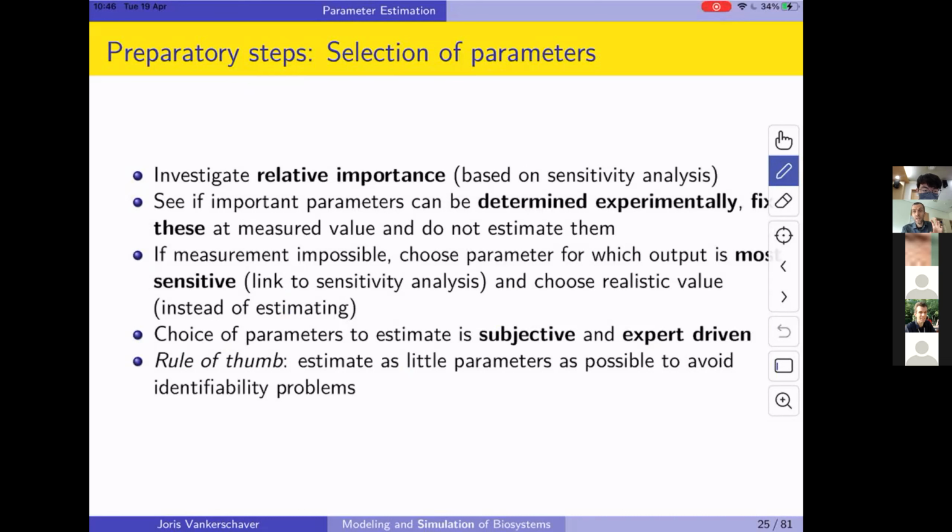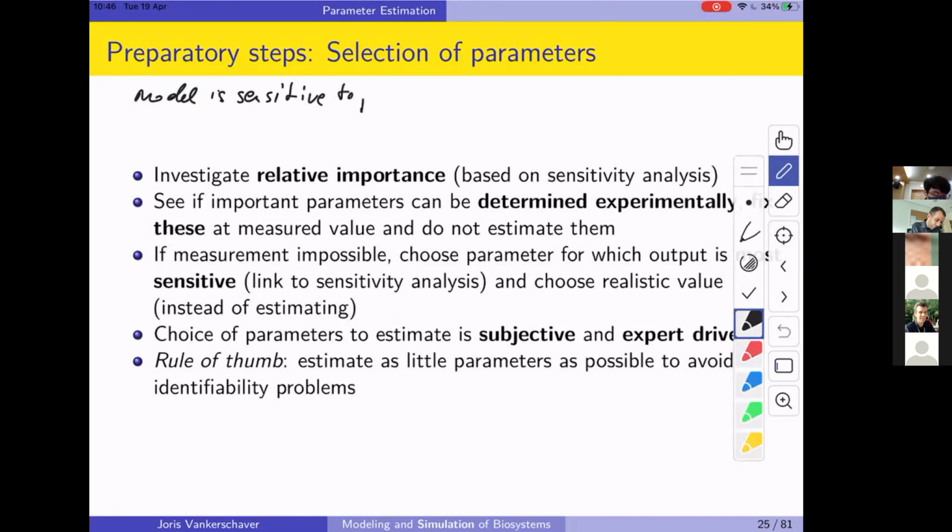So sensitivity analysis is going to tell us which parameters are important. So we will say that a model is sensitive to a parameter P